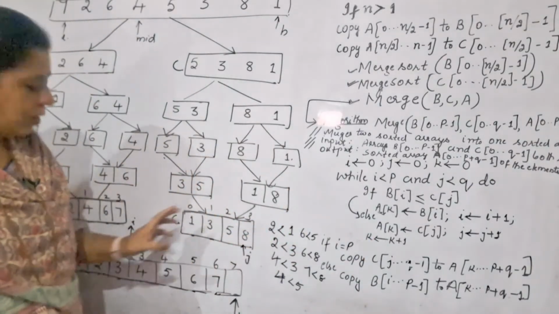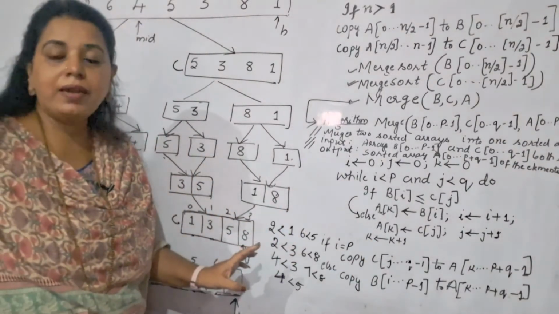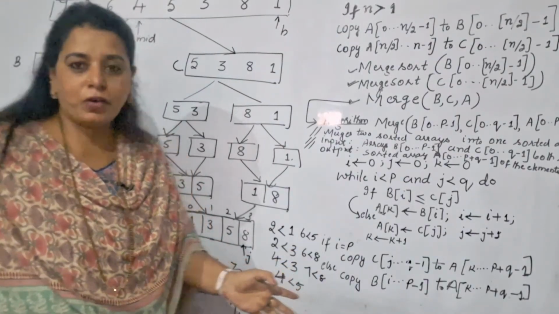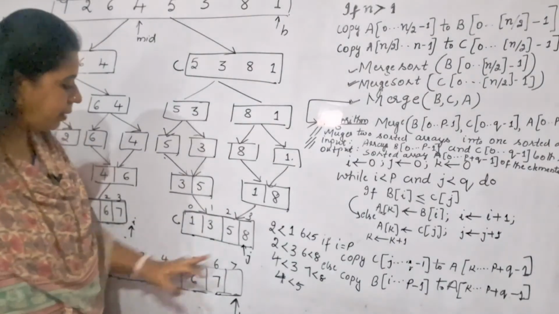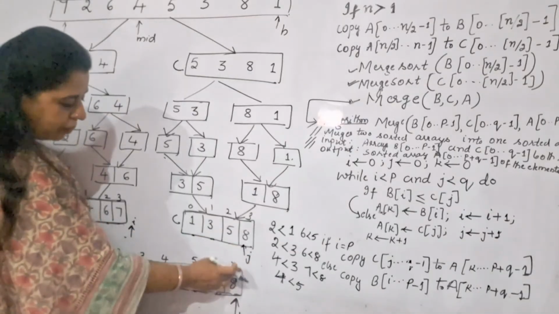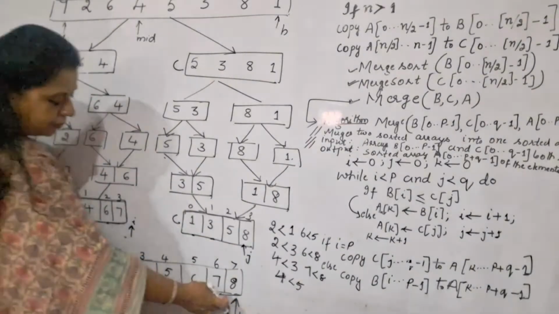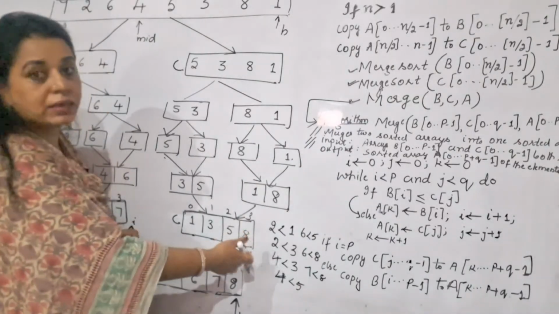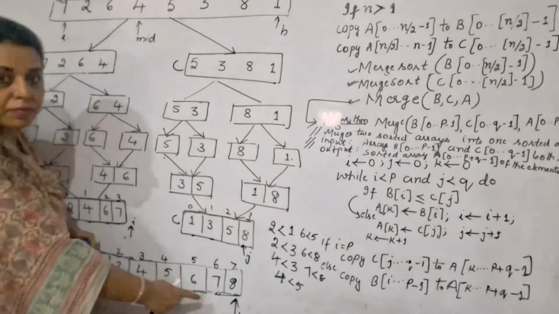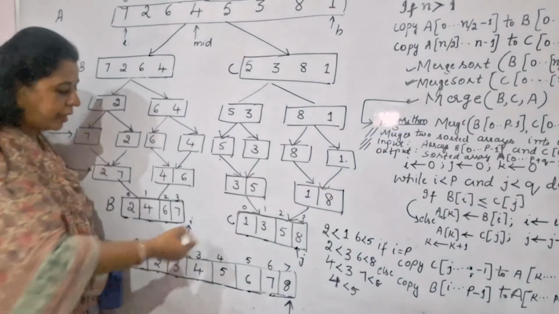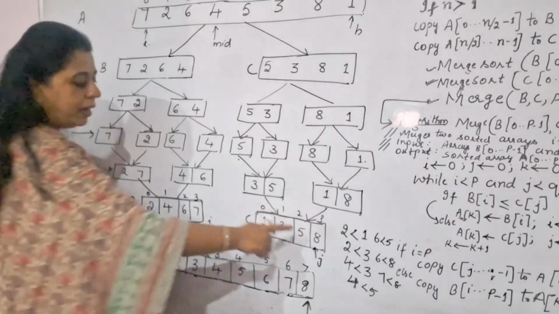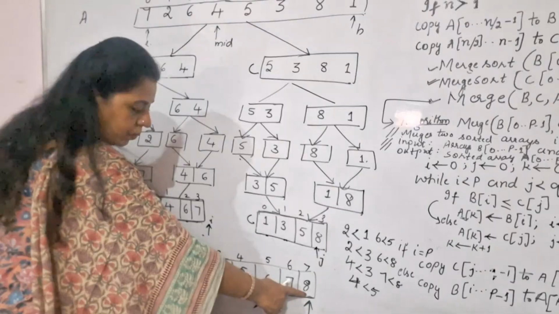So in this case now, first the B array got exhausted, and I value is what now? At present 4. 4 less than 4, the condition became false. But if you look here, there is one element left in the C array. Now whatever is the element remaining here, that will be moved into the array A here. In case the C array gets exhausted first, and if any elements remain in the B array, those elements will be copied into the A array. So whichever array gets exhausted first. In this case, first the B array got exhausted. One element of C was remaining and it was moved to the A array.